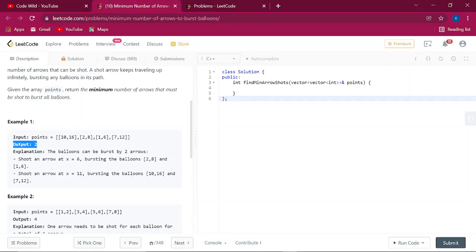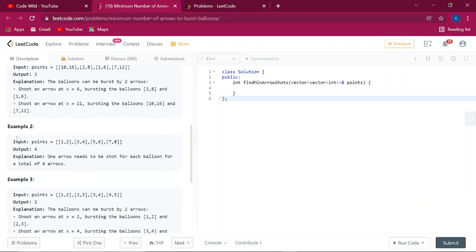So there is some part of the balloons which is common, and you just have to find the common part so that one arrow will be sufficient to burst both balloons, right? And for 7 to 12 and 10 to 16, 10 coincides in both, so one arrow will burst these two balloons.